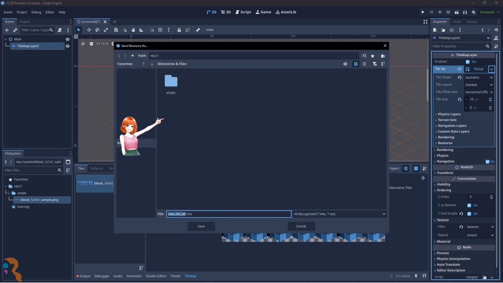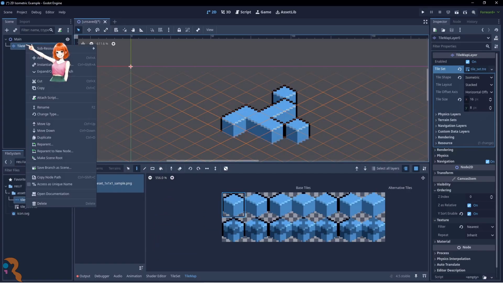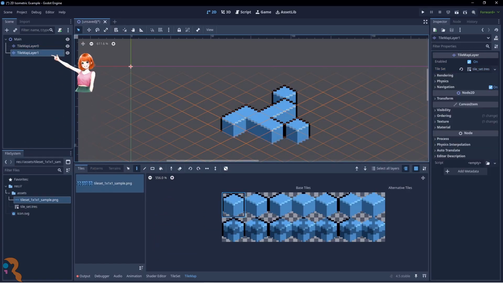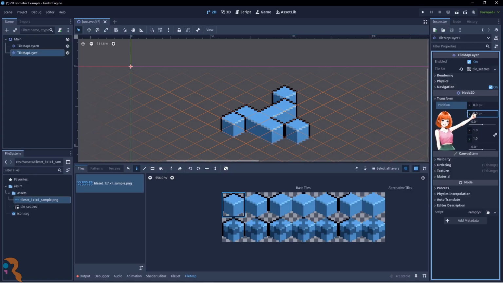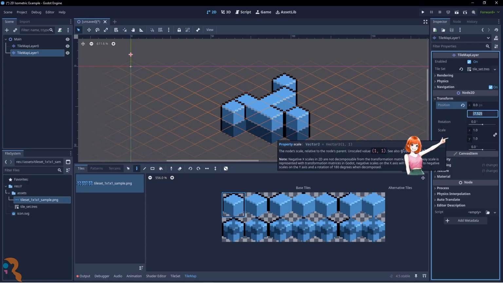A tile map layer instance handles only one horizontal tile plane. So if you need to display a 2-story house, you will have at least 2 tile map layer instances in the scene, where the topmost plane will always be drawn on top of the other, taking advantage of node order, z-index, or both.